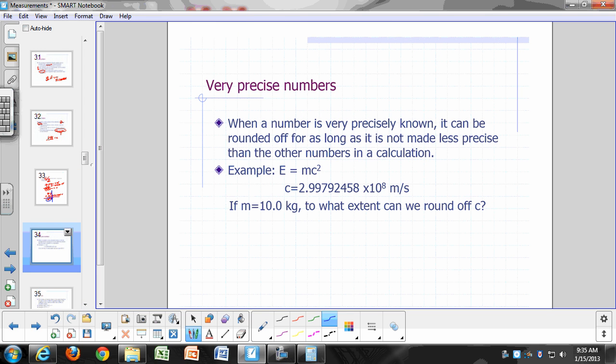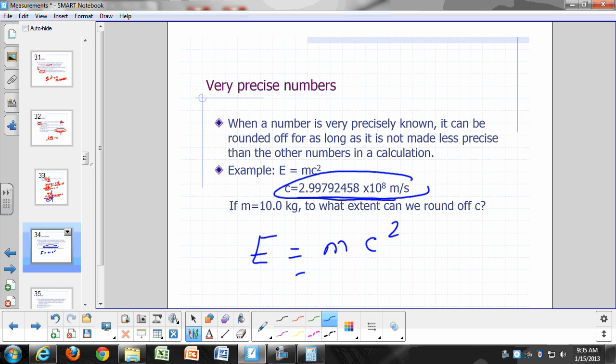Now, when a number is very precisely known, then you can round it off as long as you're not making it less precise than any of the other numbers in the calculation. So for example, the speed of light is defined to be exactly this number, 2.99792458 times 10 to the 8 meters per second. Now if you have to use that number in a calculation, you don't have to use all the digits if it's not necessary. For example, let's say you want to plug that into Einstein's equation, E equals mc